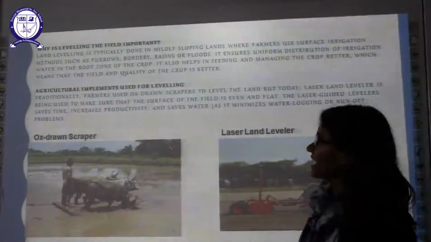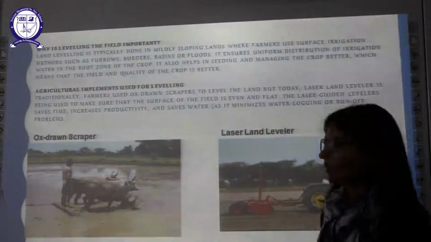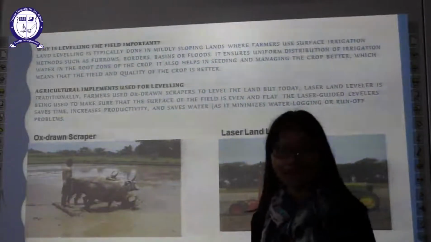Okay, students, why is this leveling important? Leveling of the field is important firstly to protect our field from soil erosion and indirectly